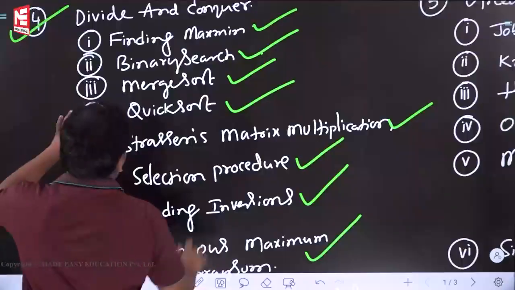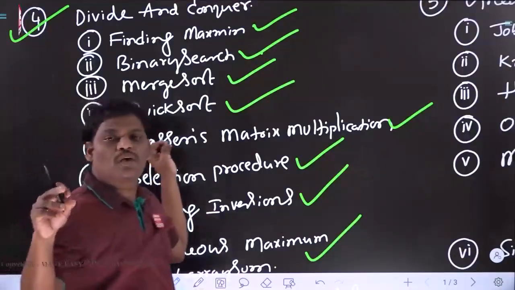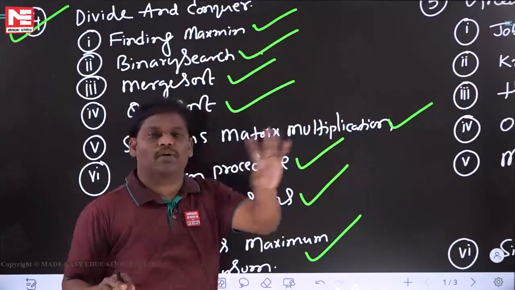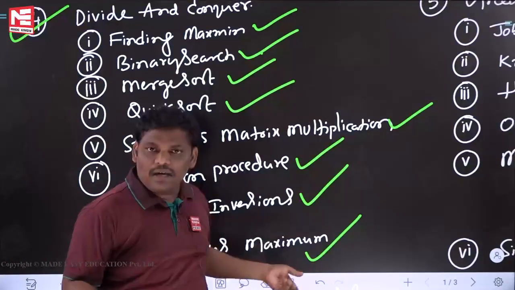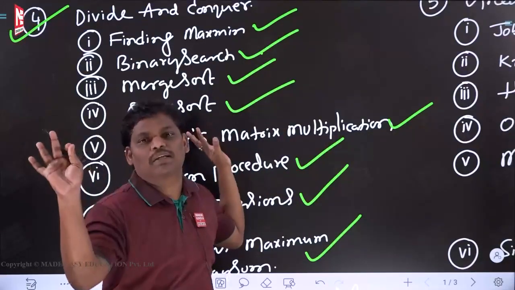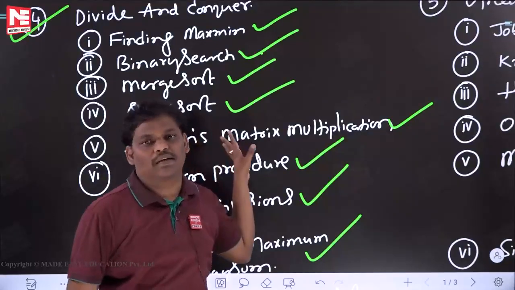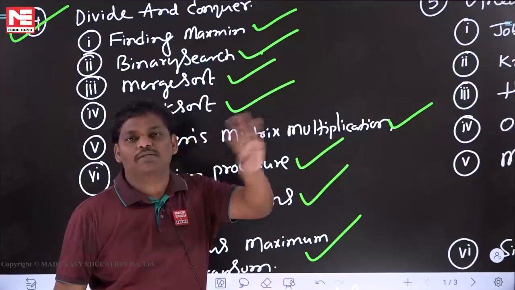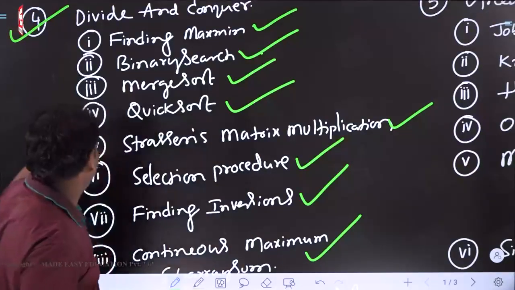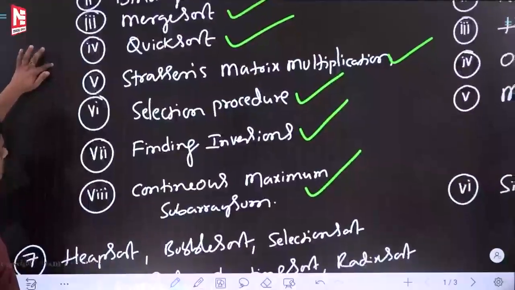I will try to cover as much as possible. I may cover all, I may cover only a few, whichever is really necessary. I have written all, mostly I will cover all. If I leave out anything, you need not bother. It may be unnecessary, that is the reason I left it out. But I will try to cover as much as possible. Whichever is necessary to you, I will cover. So total, I think 8 applications I have written.